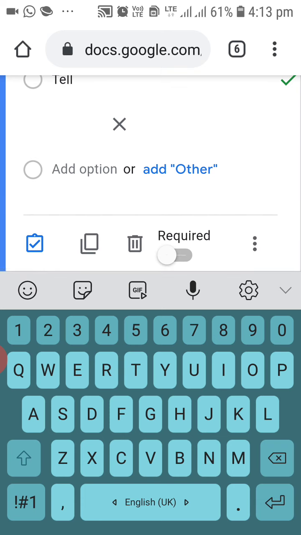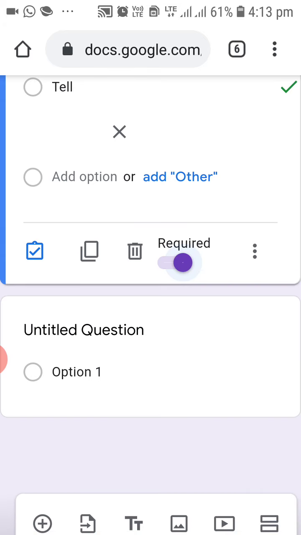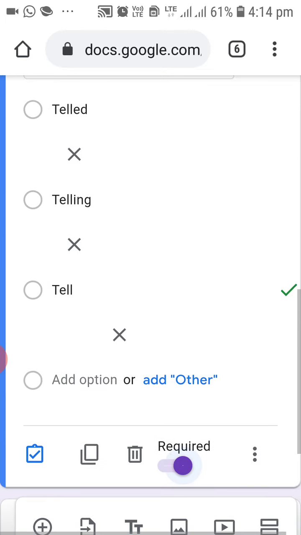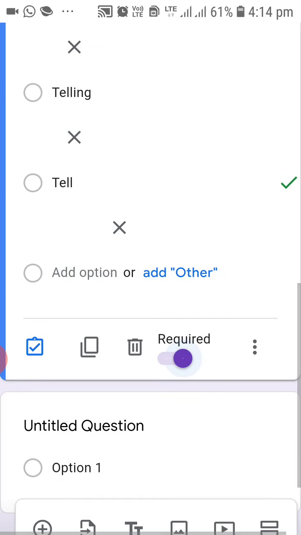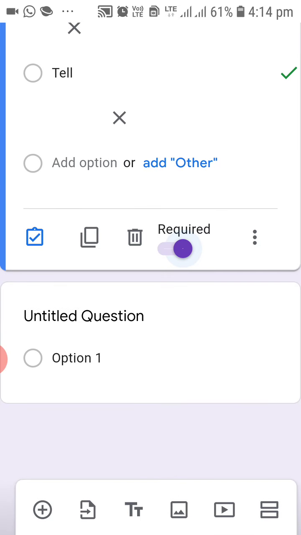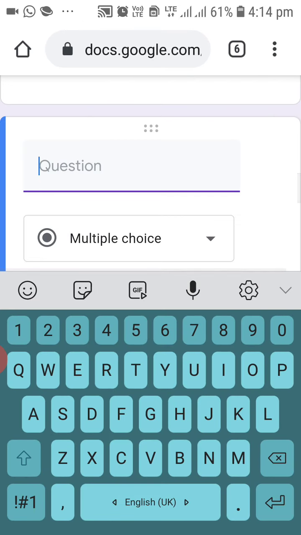Then you will see the required option, just click on the required option. So this is over for our one question. Our one question is done. Now for the second question, again you have to click on the plus icon, right? Now let's type the second question.